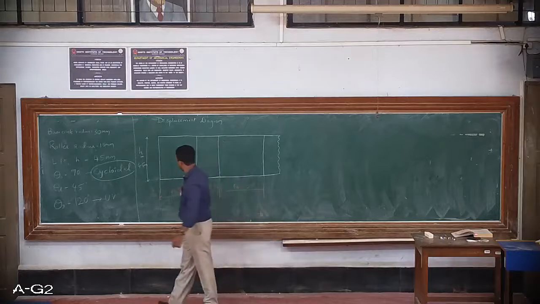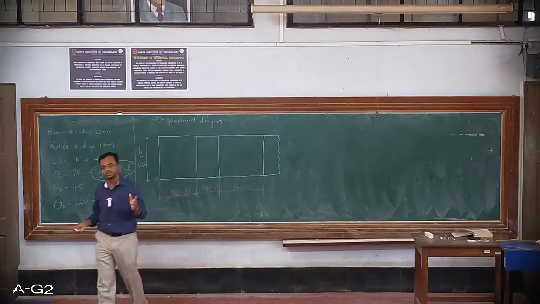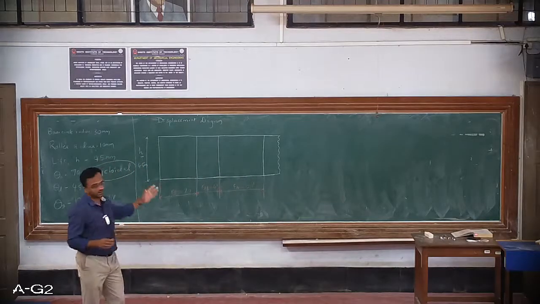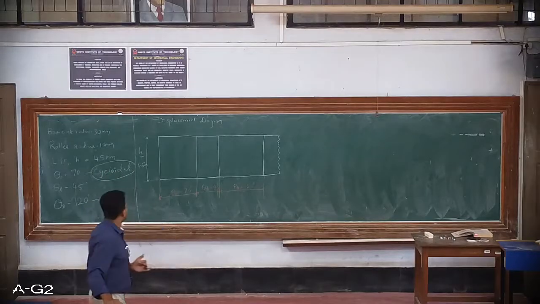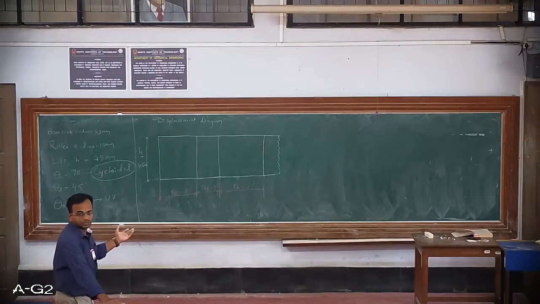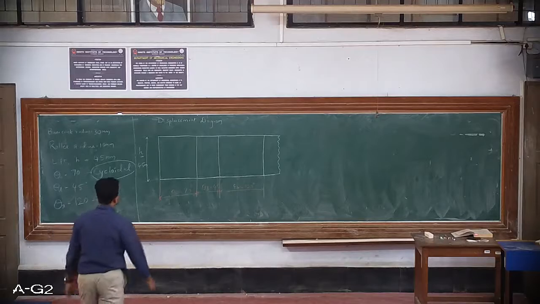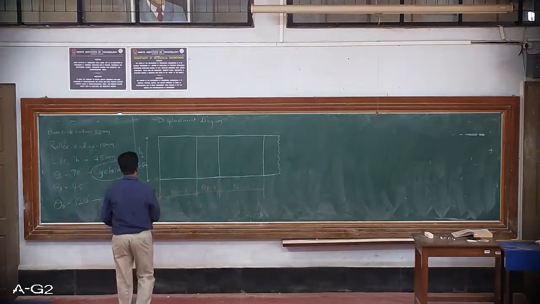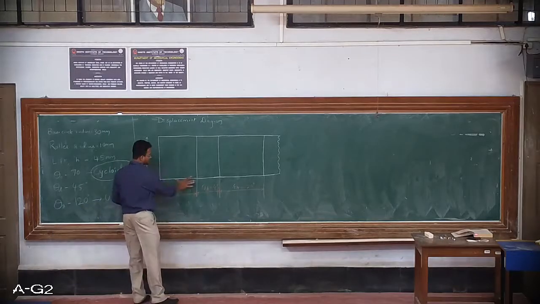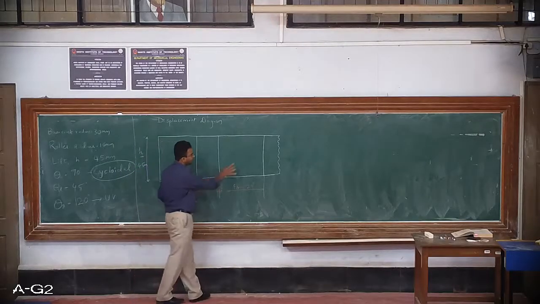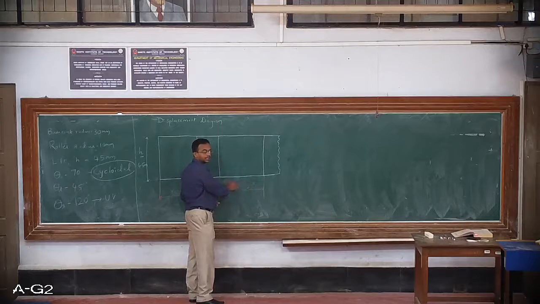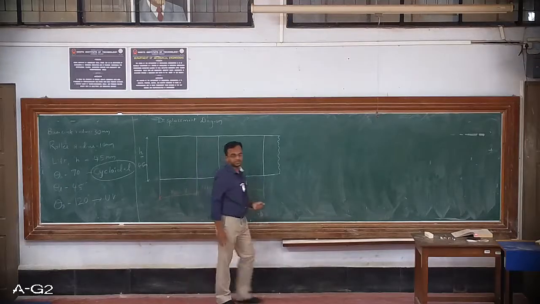So the rise stroke is for 70 degrees, so you can mark exactly either 7 centimeters, or you can scale it down further and make it 3.5 centimeters also. If you are drawing in landscape mode in a book, then you can draw this as 7 centimeters, followed by a dwell period of 45 degrees, so this will be 4.5 centimeters, followed by a return stroke of 120 degrees, so this will be 12 centimeters.